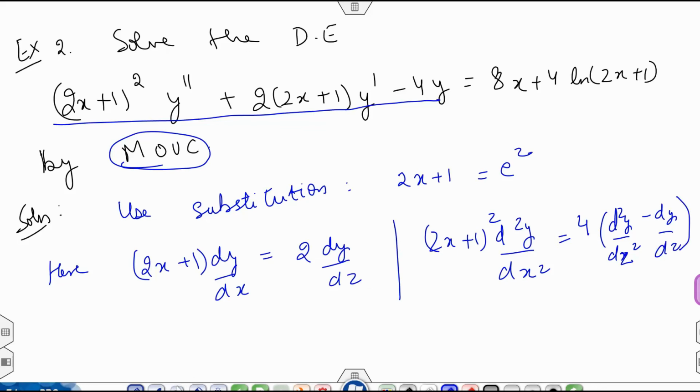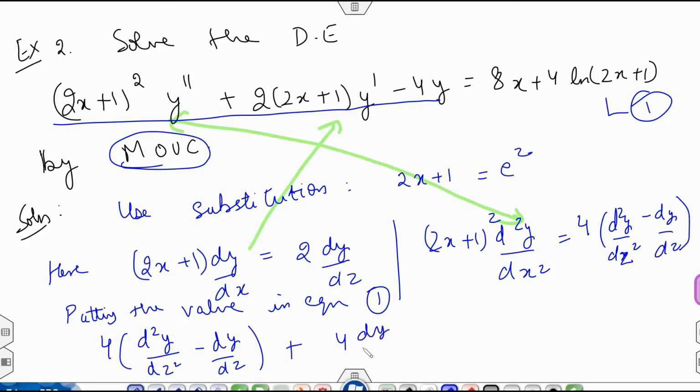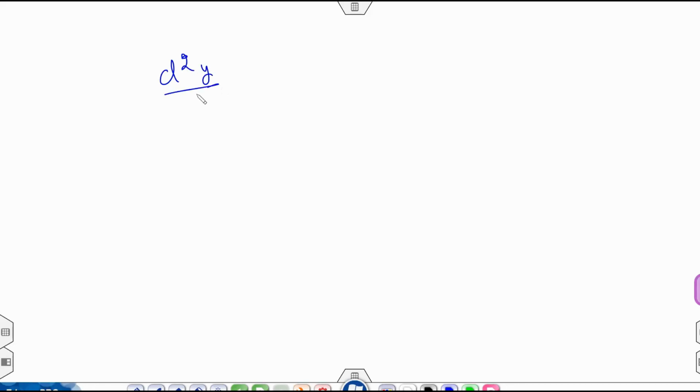So what you need to do is put the value of this over here and this over here. Okay, so putting the value, what you will get is 4 d square y, the value in equation, I'll call this equation number 1. I'm getting d square y by dz square plus 4 dy by dz minus 4y equal to 4 e to the power z minus 1 plus 4z. Okay, so after solving, these are simple algebraic calculations, and after solving you will find you are getting the differential equation as this.